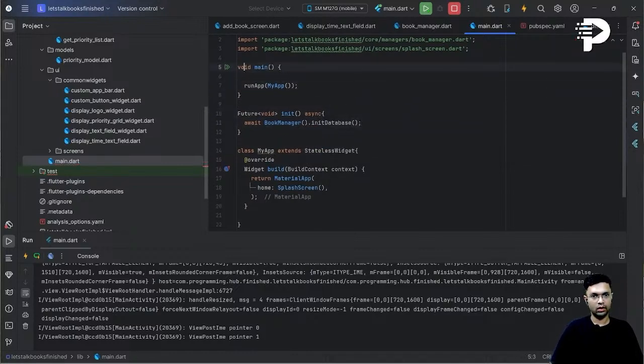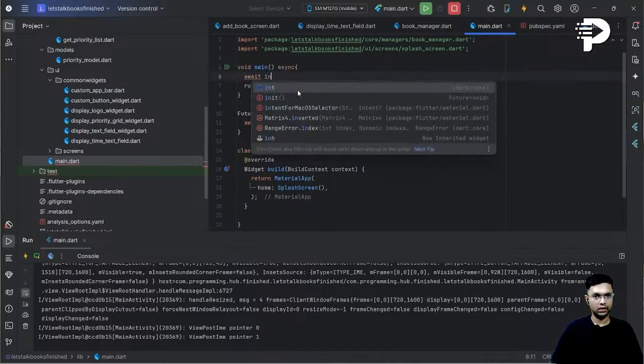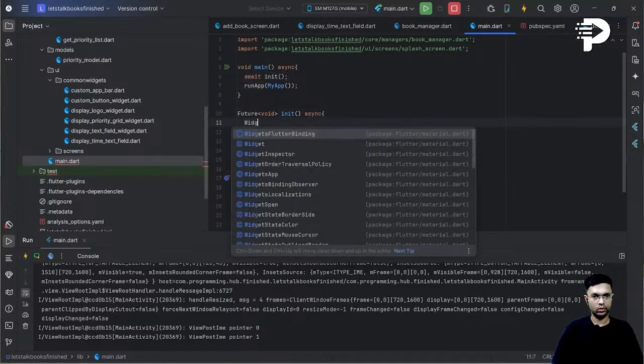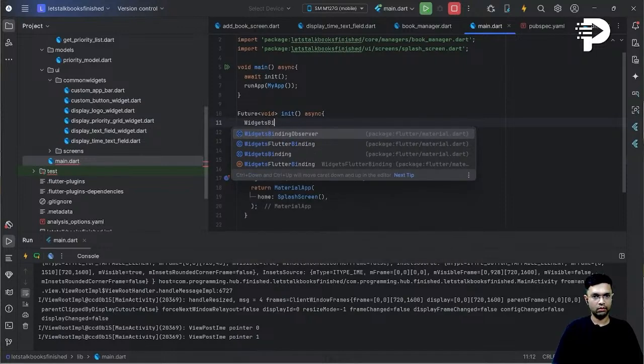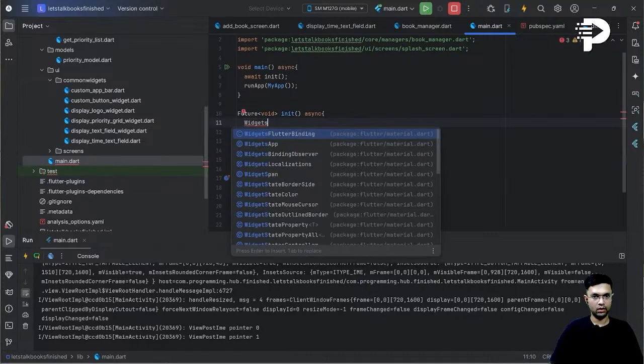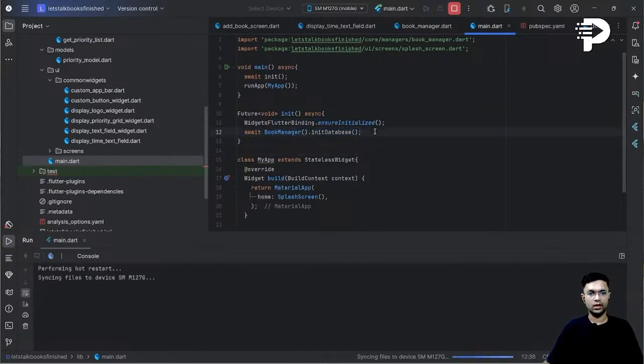Now I'll make this async await init, and also I'm going to do widgets binding dot ensure initialized. So this ensures that once the initialization is complete, I immediately do the init database. Let's try and see. If I now do a hot restart,